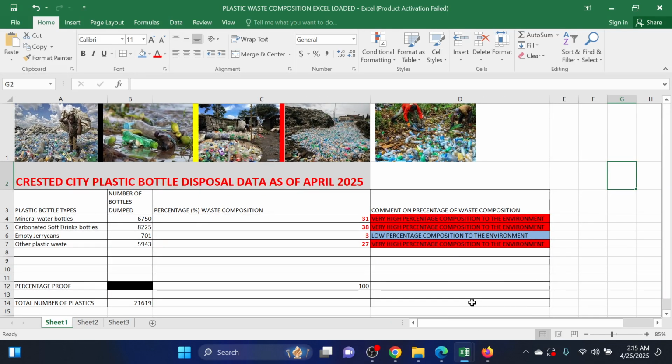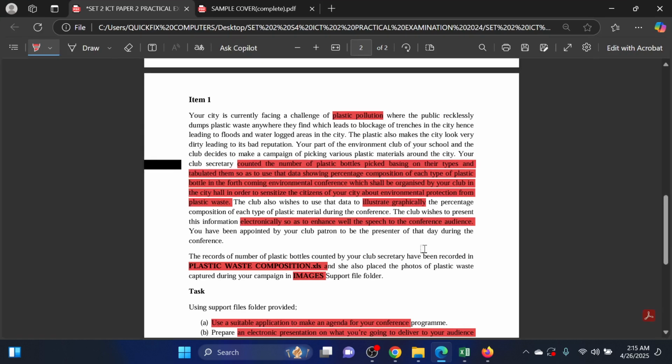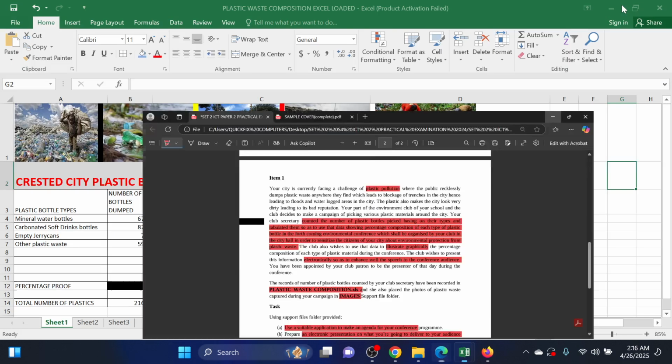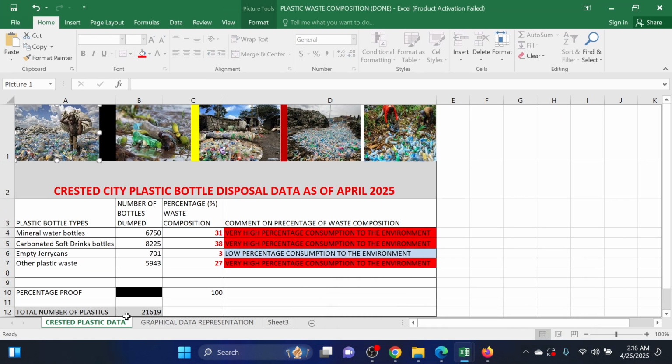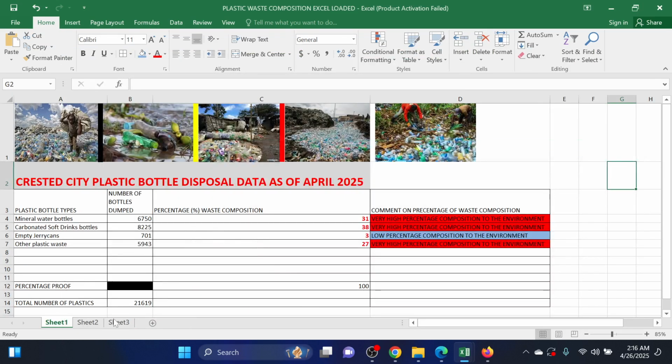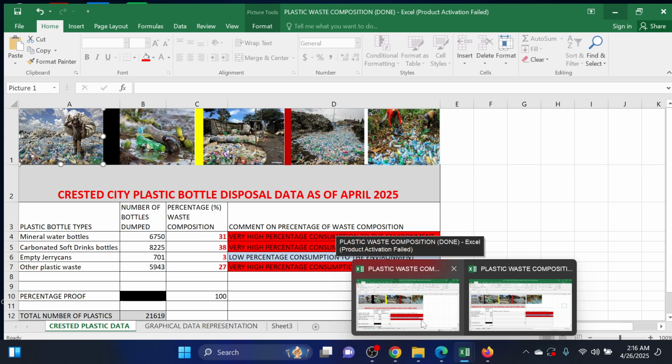and I'm only heading to a graph or graphical representation of data. So according to the scenario, we're supposed to illustrate graphically the percentage composition of each type of plastic during the conference. So I want to display the percentage composition graphically, of course, at spreadsheet. Here I renamed my sheets CRESTED plastic data and graphical data representation. So I'm going to do the same, double tap, sheet 1, CRESTED, I think it was CRESTED plastic data,